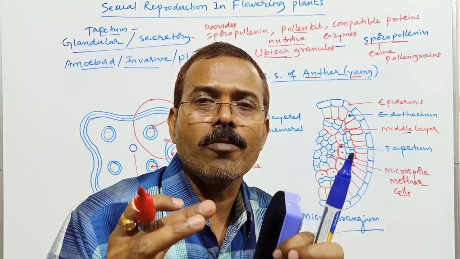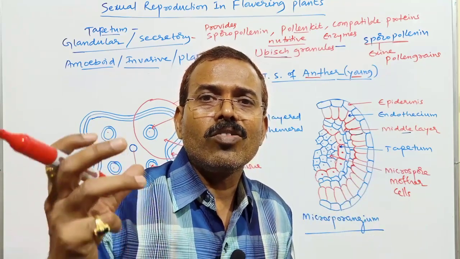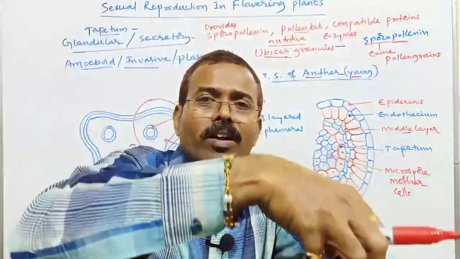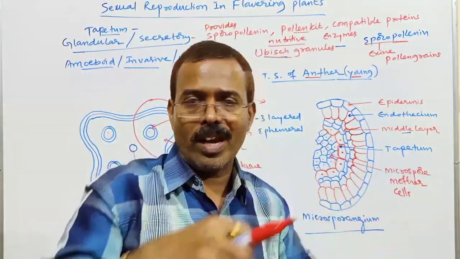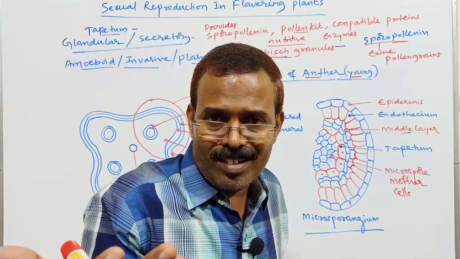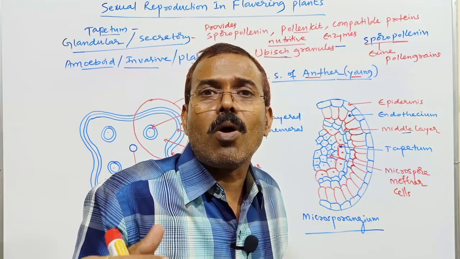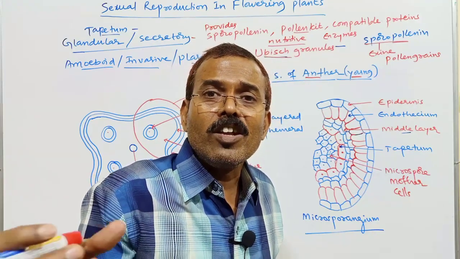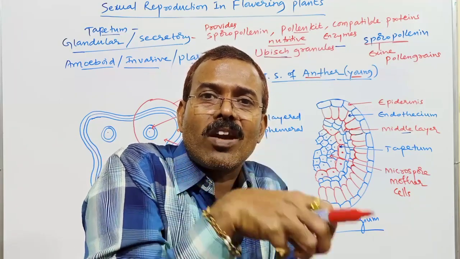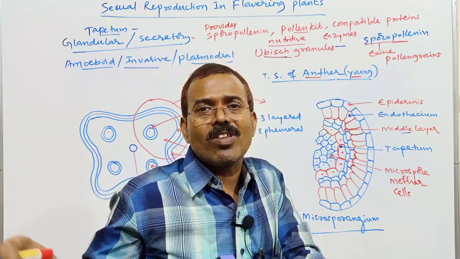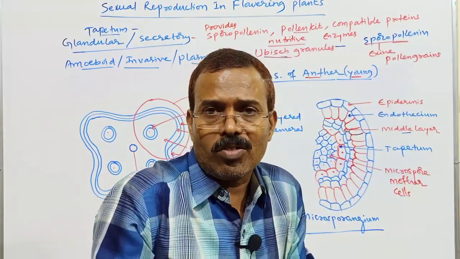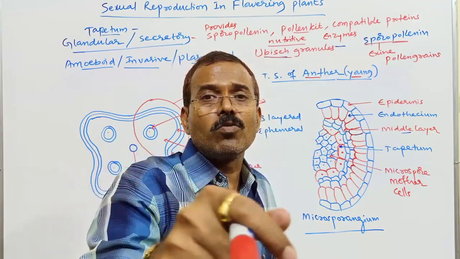This pollen kit helps in the attachment of the pollen grains onto the surface of the insects. Due to the presence of pollen kit in these insect pollinated pollen grains, they can easily adhere and stick onto the body surface of the insect. When the same insect goes and visits another flower, that leads to pollination, that is cross pollination. That is the role of this pollen kit.